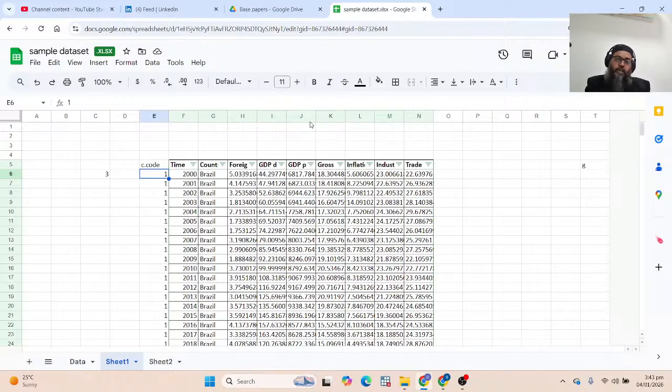Now, the third one is interval level data. As far as general statistical software like SPSS and others are concerned, they treat just 3 types of data: nominal, ordinal, and what is written over there as scale. Scale means interval or ratio, both. So there are four types of data: nominal, ordinal, interval, and ratio. But interval and ratio data are treated in the same manner in the software.